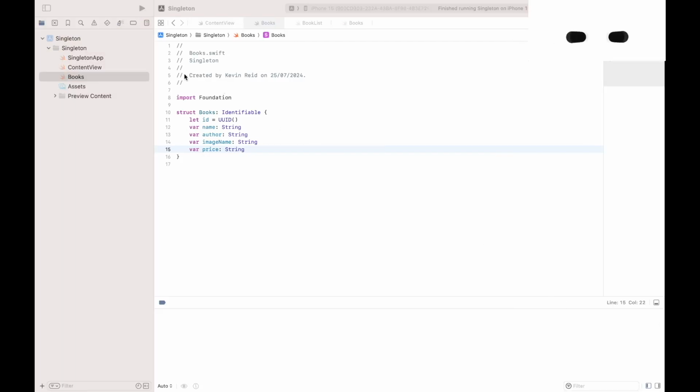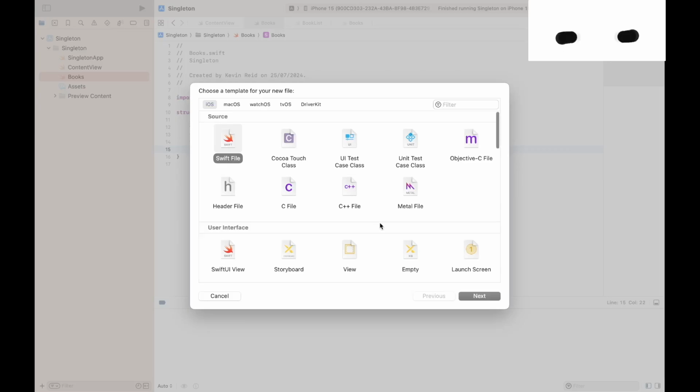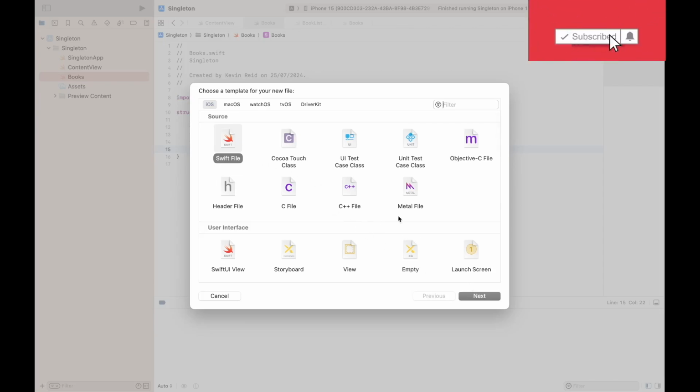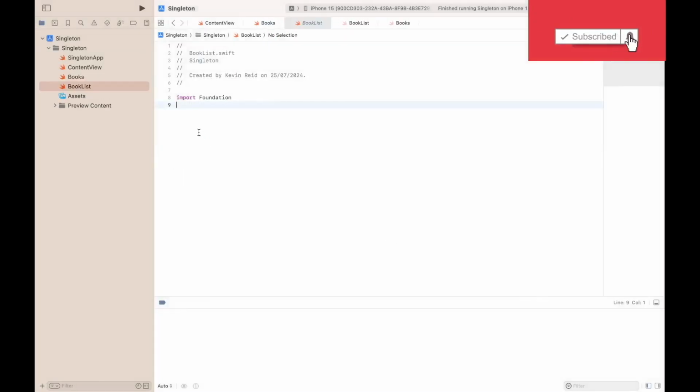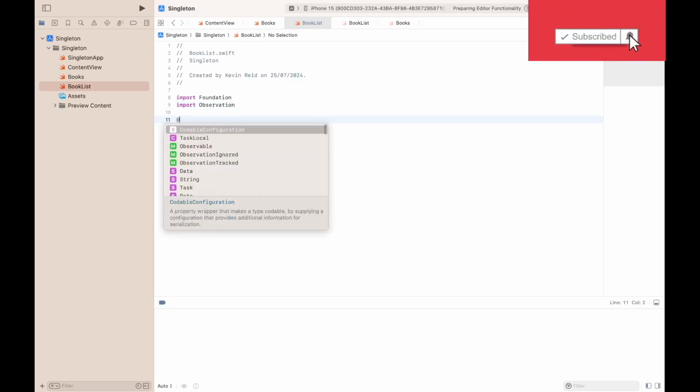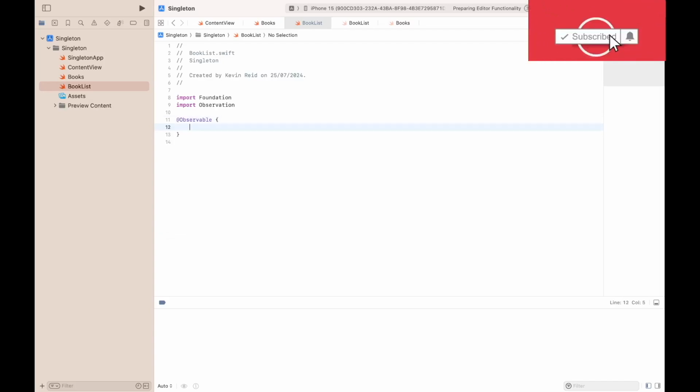The next thing we need to do is to create a new class called BookList. Select Swift File, name the class BookList, import Observation, @Observable to detect any changes within the class BookList,